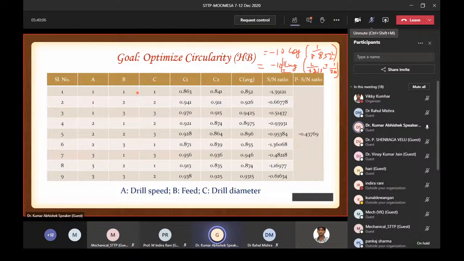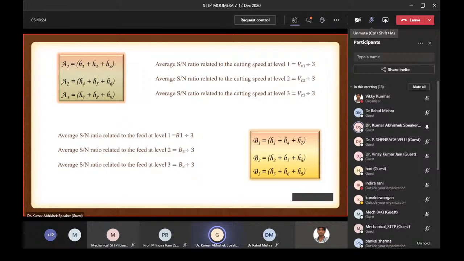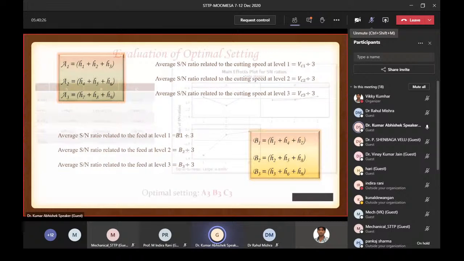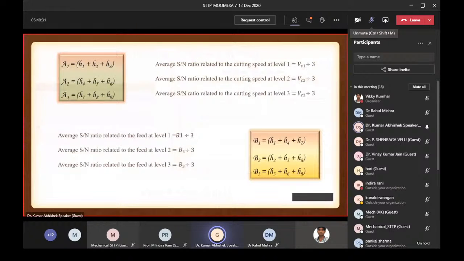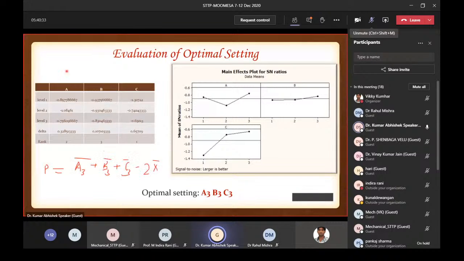या सपोज करो 112 ही नहीं कैरिड आउट किया है, तो उसके कॉरस्पॉन्डिंग में मेरे को सर्कुलरिटी वैल्यू अगर जानना है तो वो भी वैल्यू मैं प्रेडिक्ट कर सकता हूं बिना एक्सपेरिमेंट किए हुए, क्योंकि हमारे पास ऑप्टिमल सेटिंग आ गई है। ठीक है। और सपोज करो कि मेरे को फाइंड आउट करना है।